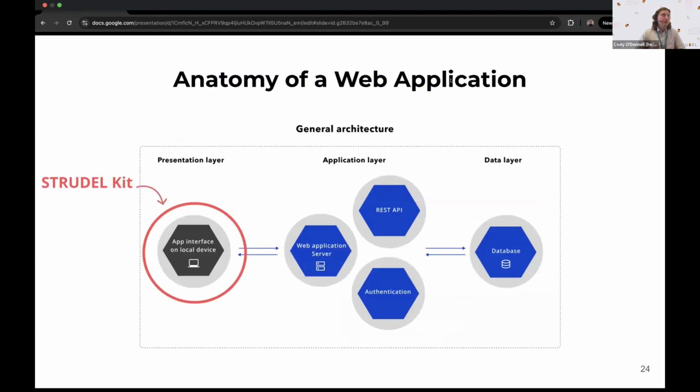Next slide. So to give some grounding as we get started talking about web applications, first of all, there's a lot of different ways that you can build out your application. There's a lot of different kinds of architectures, but we're going to focus right now on one